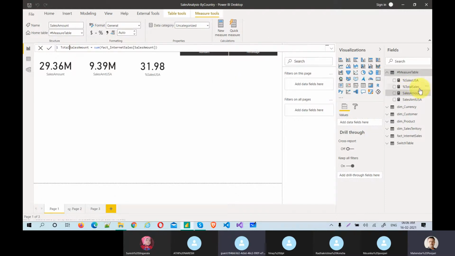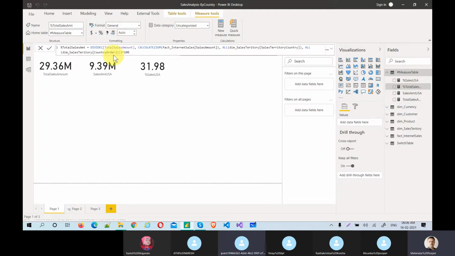Here in the total percentage, I've actually used this sales amount only, but if I rename here, will it reflect or not? Yes, it will reflect. Let's see. Boom, it worked. Now if you go back and check, the percentage of total sales has become total sales percentage.